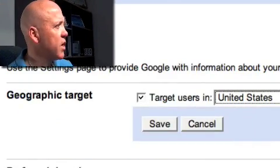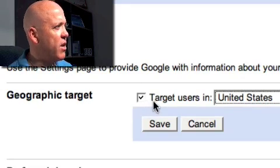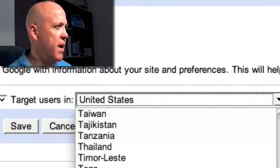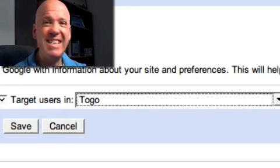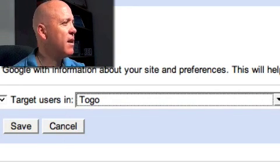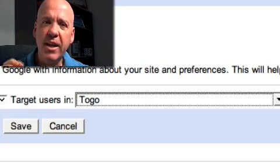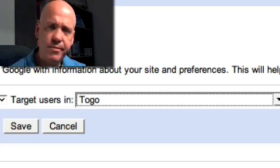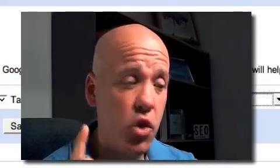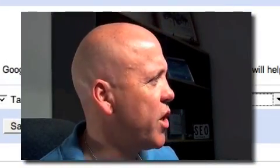So the way to get around that is go into Google Webmaster Tools, go into the settings, and you can see here you can do a geographic target. And you can say, I want to appear in Togo results, pages from Togo, because I reckon I've got a massive audience there. And hello to everyone from Togo. And then you could just click save and it will make sure that you do turn up in pages from Togo search. So that's a really good tip,